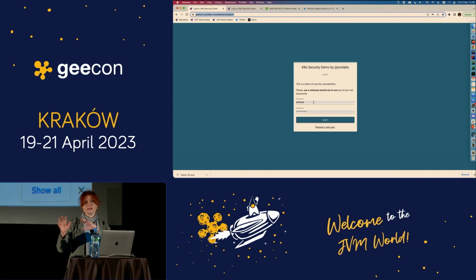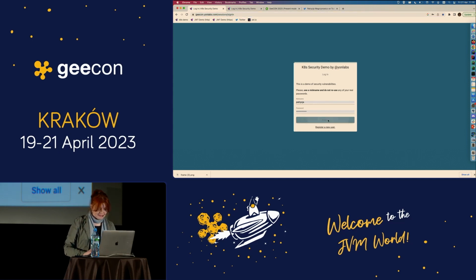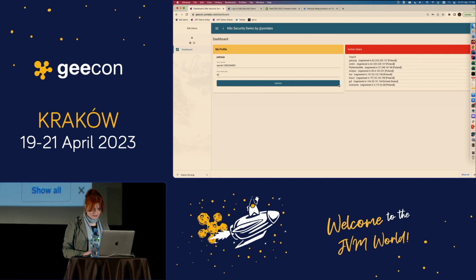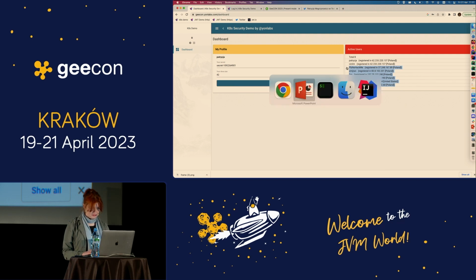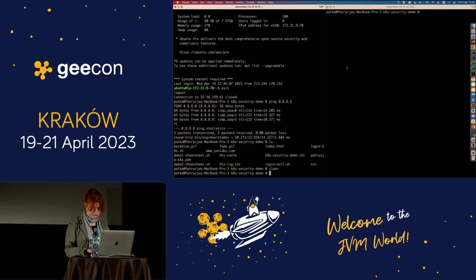Don't reuse your real passwords. That's a big no. And let me see who is in. Oh my God, we already have some new accounts registered. After you log in, you just see your profile with some secret data. You can update it, and we can see the list of active users. So we see that there are a couple of new users registered. So once we know that we have some accounts to be hacked, let's move